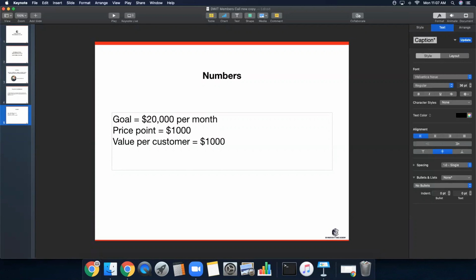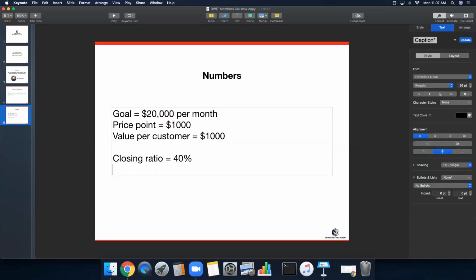So if we're going to start from the back end and go forward, let's go with closing ratio. How many people do you meet with that are really interested that you are going to close? On average, if you're really good and your process is solid, you should be looking at between 30 and 50%. If it's a little less refined and you're dealing with more unqualified folks, you're looking at between 15 and 25%. So let's use our system that you're getting taught here with the VPC method, and you're going to be expecting somewhere between 30 and 50%. That will give an average of, let's say, 40% closing ratio. So 4 out of 10 people that you meet with, you're going to close.